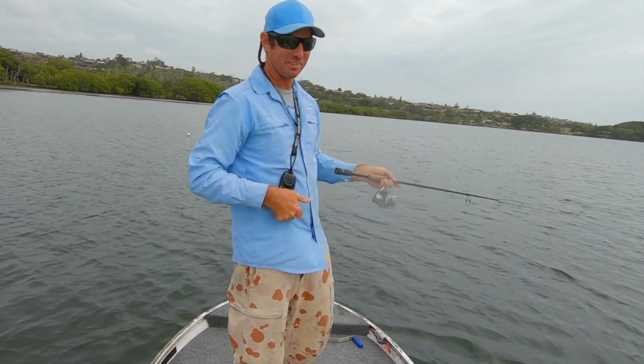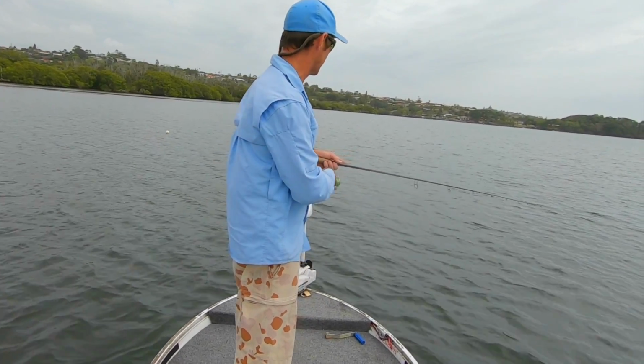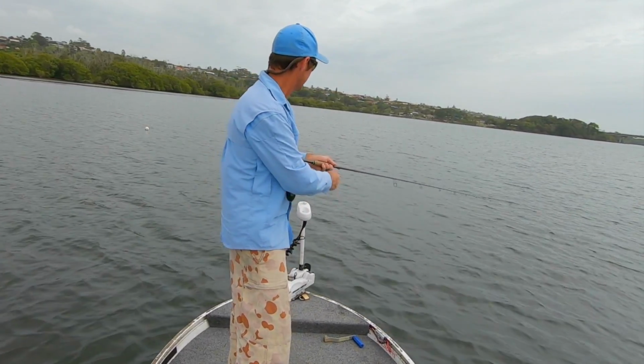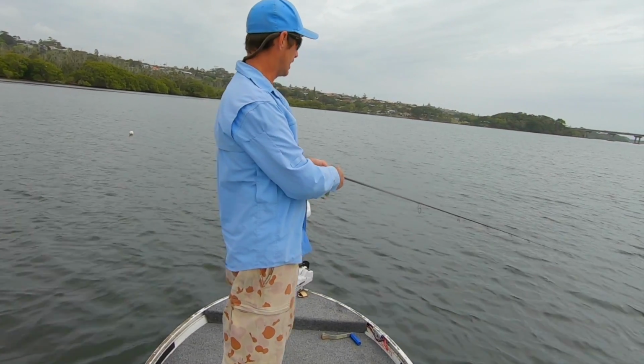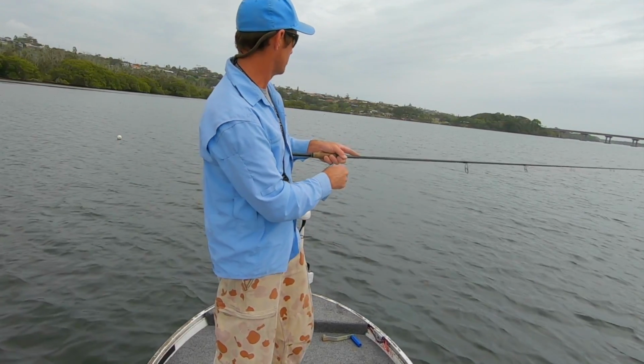Like, I'm fishing pretty quick and I'm just searching for fish, just having fun with this thing, trying to work it out, understand the best actions, how to fish it. And what I'm sort of noticing is you can cover a lot of ground with this thing and try and work the spots out,